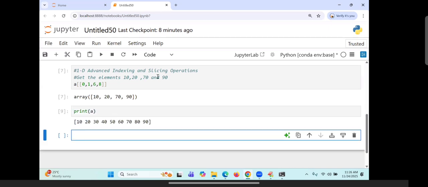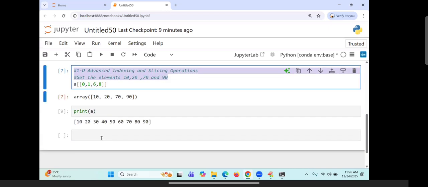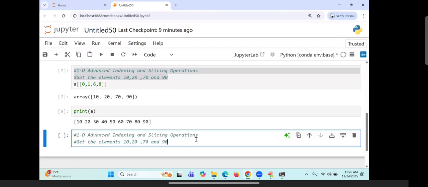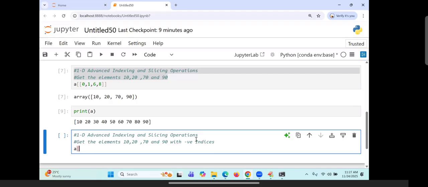In another way around, how do you get it? With negative indices. If you want to get it with negative indices, how do you get the negative indices? Directly you pass it. Minus